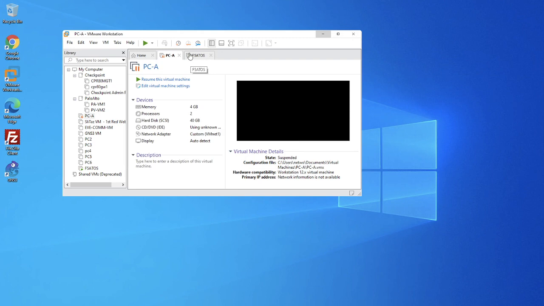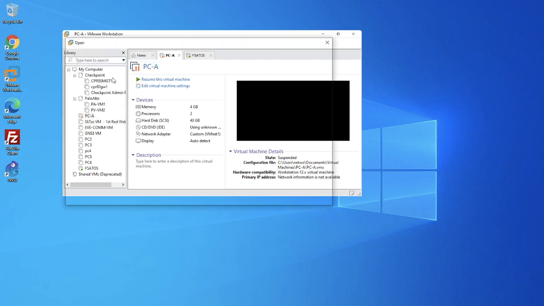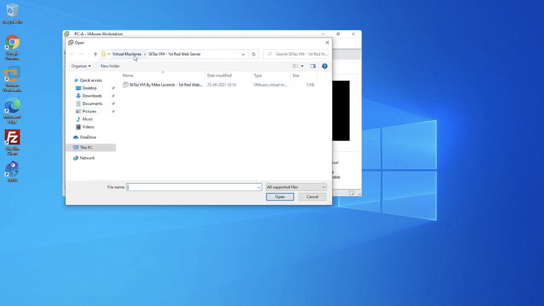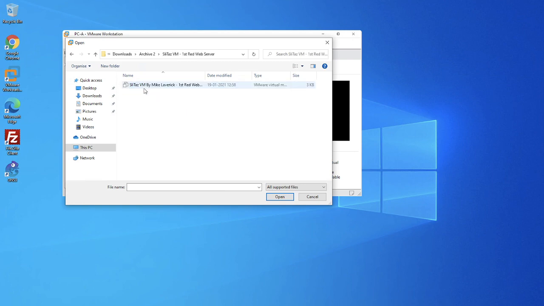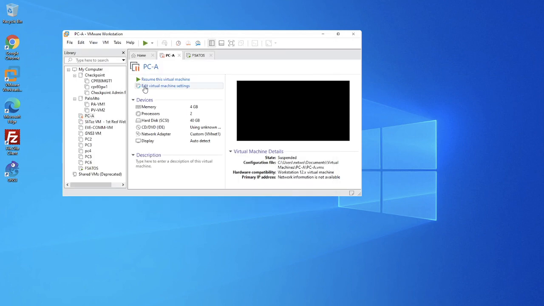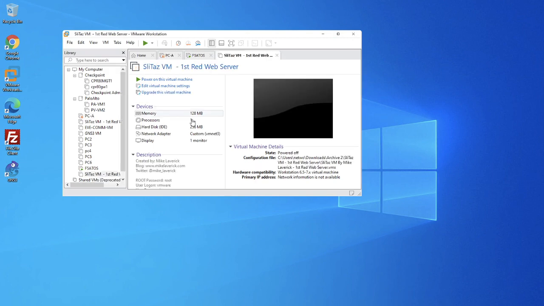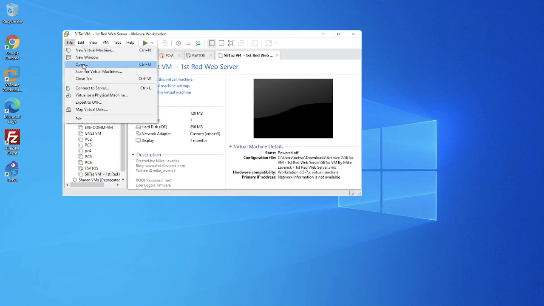Right, now I need certain servers. I'm just going to be having a web server here. I already deployed it. I just need to add those servers into the VM so that I'll be able to start it up. The same servers I have shared with NetLabs, they are associated in that setup also. I'm just opening those VMs now. There's the downloads archive 2, and I'm just trying to identify this as a server. I have one server here, okay? It is added. Now I'm adding the other servers as well.